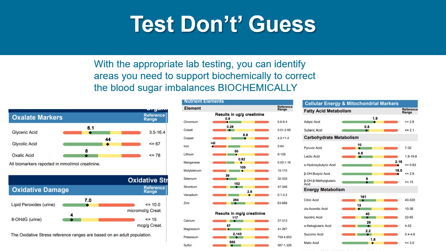You can also see the sulfur here, in this case, is trending on the low side. That may be low levels in the diet, or maybe it's being used up and exchanged by oxalates, but I also see sulfur high for some people. And you can see this person has borderline high levels of glycolic acid, which confirms the blood sugar connection, but also higher lipid peroxidation. And we can see that the oxidative stress here can also be pushing the